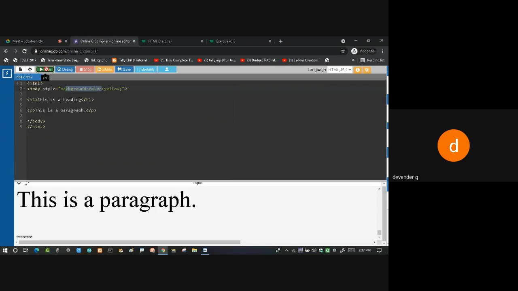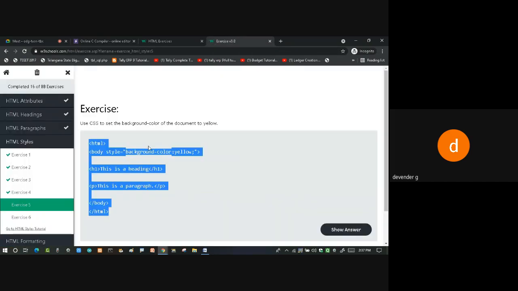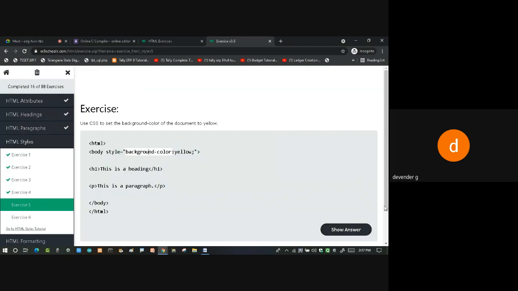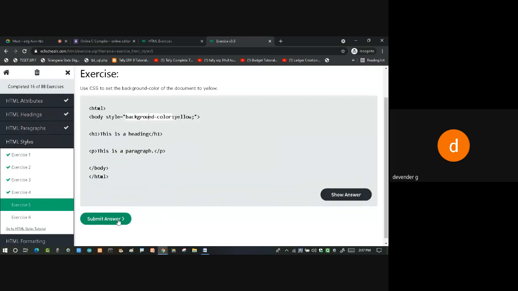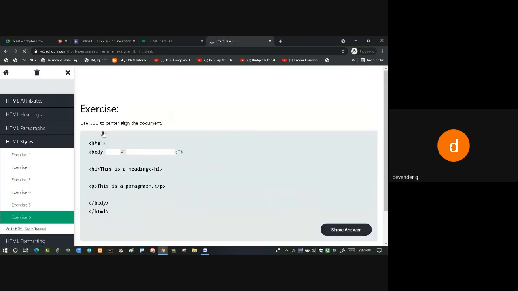Then we'll see whether my paragraph is filled with background. See, I got that. So I'm simultaneously showing the output. We are writing the code, and also we are practicing the exercise. Okay. So we'll see the answer. What's the correct one? Now, what he wants, the message is there. Everything should come in the center.